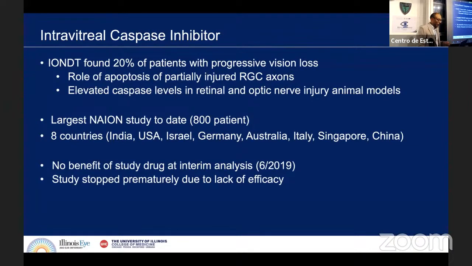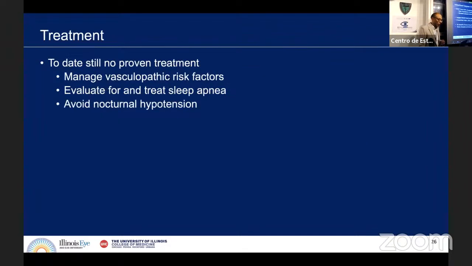And at the interim analysis, there was no benefit once again, and we stopped the study prematurely, just like the IONDT. So yet again, for about 30 years, we've been looking for an answer with major studies on this condition, and we cannot find one. So still, unfortunately, there's no proven treatment. I tell my patients to manage the vasculopathic risk factors,